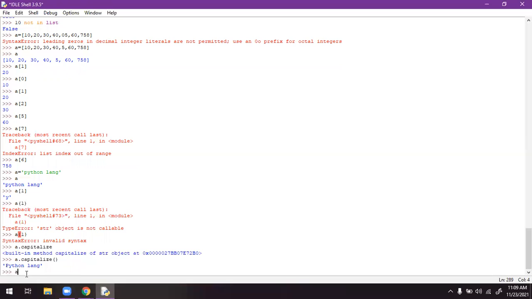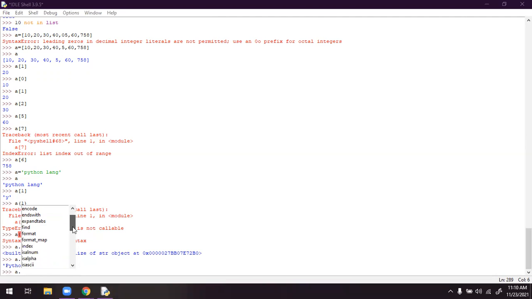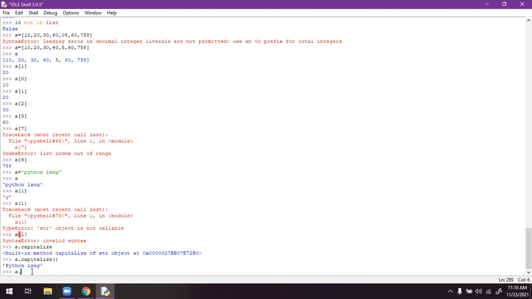Like that you can do multiple operations: casefold, center, count, encode, endswith, format, index, isdigit, replace, like this. So what I'm looking up, a dot, app.